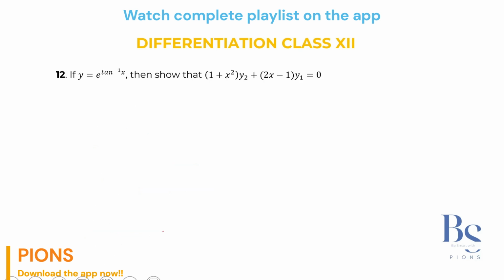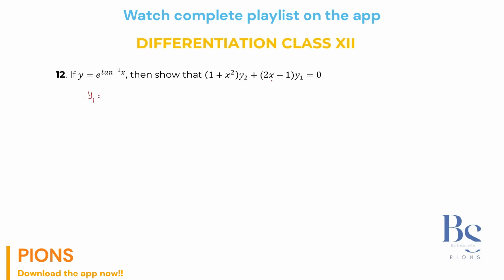Let's move to question number 12. Now, look at question number 12. If y equal to e raised to tan inverse x, then show that 1 plus x square y2 plus 2x minus 1 y1 equal to 0. Another way of writing the double derivative and single derivative is y2 and y1. If you have not seen it before, don't get surprised in your board exams if they have given you such